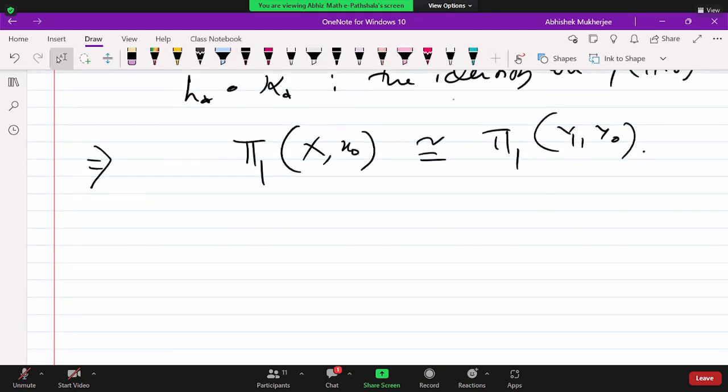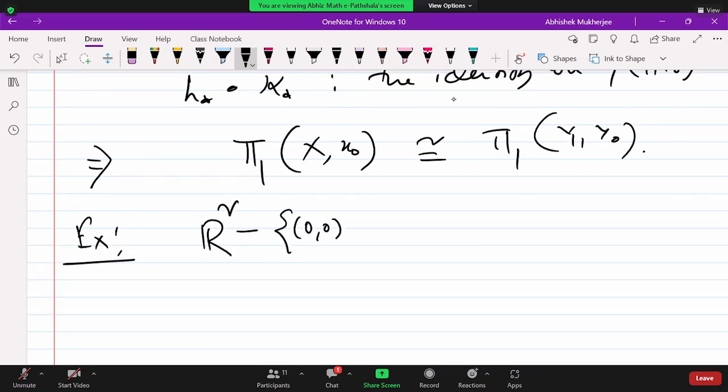And okay, so certainly from this one, you can say that if you have two spaces whose fundamental groups are non-isomorphic, then you can say that the spaces are not homeomorphic. Okay, so this is a very nice result. Okay, and it is true. So for example, you can check that